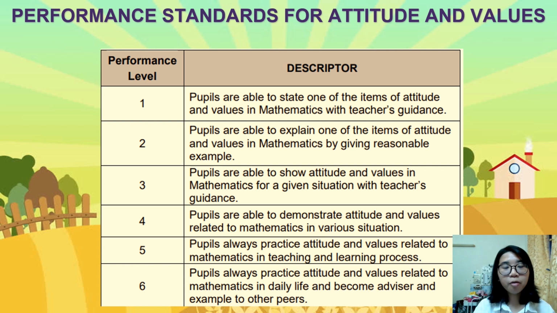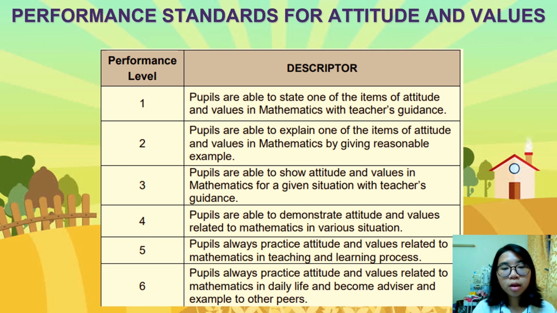Okay, next is the performance standard for attitude and values. There are 6 performance levels. First, pupils are able to state one of the items of attitude and values in mathematics with teacher guidance. Second, pupils are able to explain one of the items of attitude and values in mathematics by giving reasonable examples. Third, pupils are able to show attitude and values in mathematics for a given situation